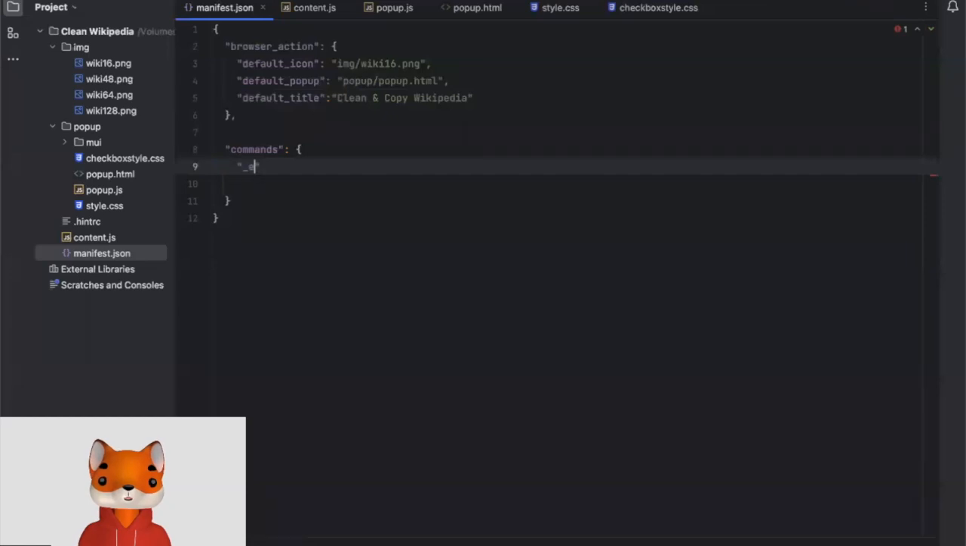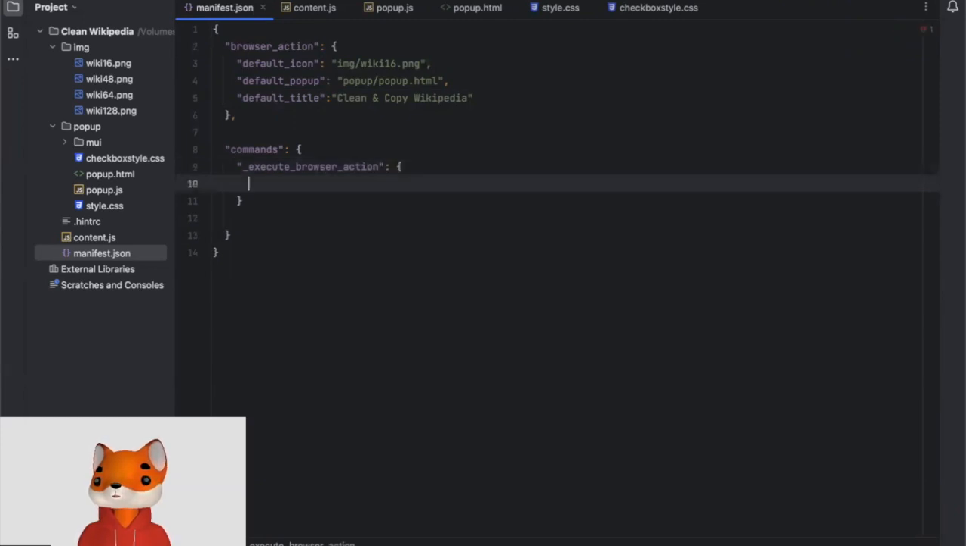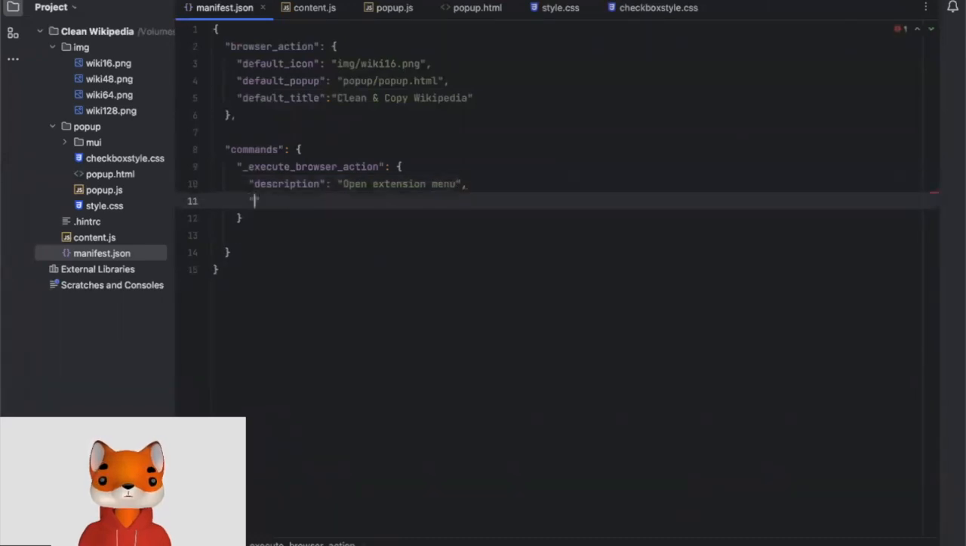The first thing is execute browser action. The execute browser action key defines the action to be taken when the action is clicked. So when a user clicks on the extension, this is the first thing which is going to happen, and that will be open extension menu. And then